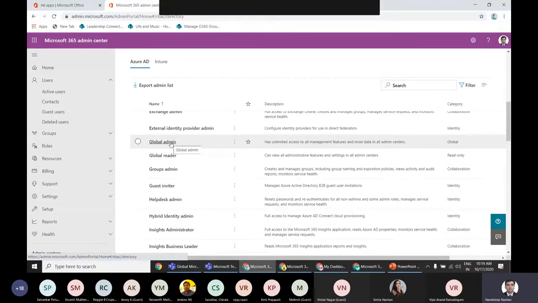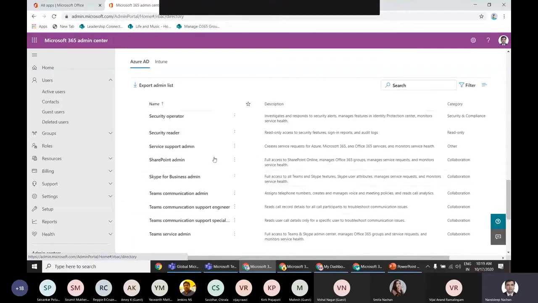So in turn, he will also have access to SharePoint admin related activities. But if we have been tasked with giving a user access so that he can administer SharePoint, better we give them only access related to SharePoint. So here we have SharePoint admin. We can just give them the SharePoint admin access, and from there it can work.